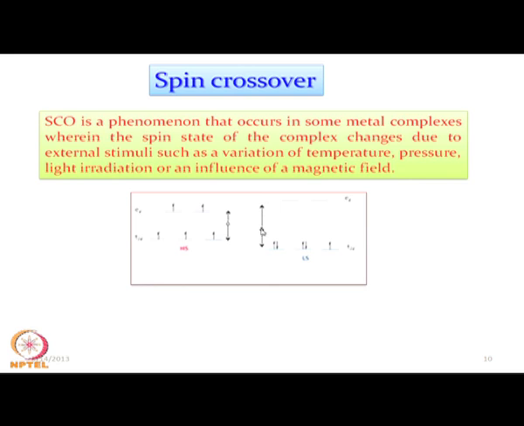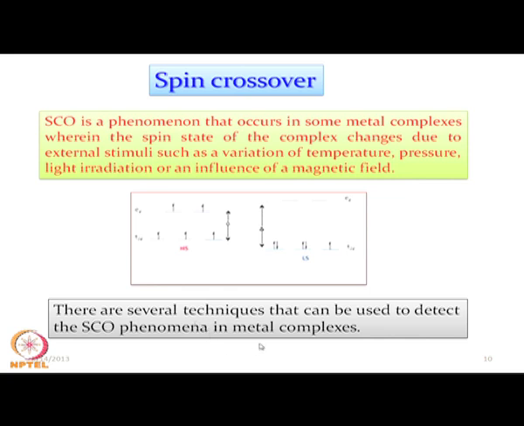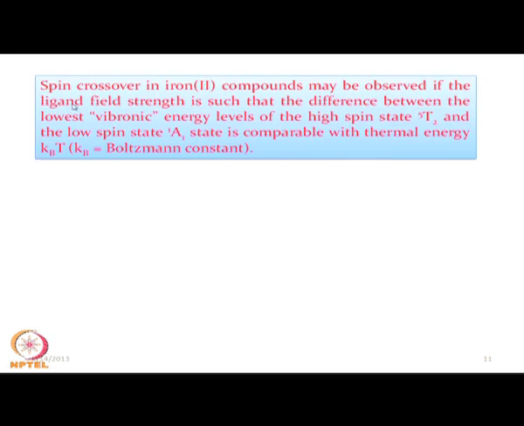So, if the P is close to this delta value, we do not know what should be the situation, whether it would be high spin or whether it would be low spin. So, there are several techniques also how we can find out the spin crossover molecules that can be used to detect the SCO phenomena in metal complexes. So, there are a number of these techniques which can be applied to find out the corresponding spin crossover situation for these molecules. And we find that spin crossover for several iron compounds